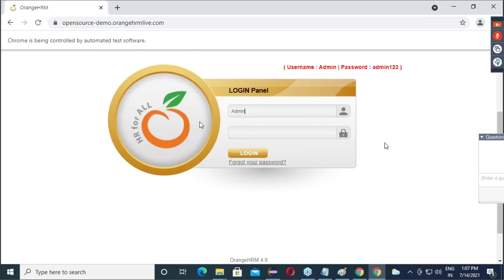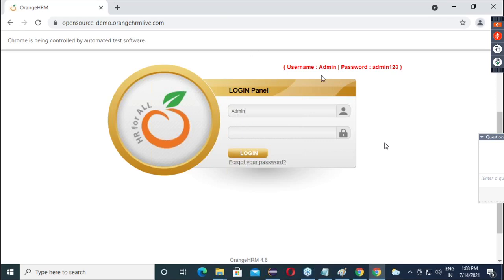Working fine? Can you see? Admin entered successfully. This is how automation works. Understood neatly? So three important pillars: first, get the location. Second, catch the element. And third, perform an action.